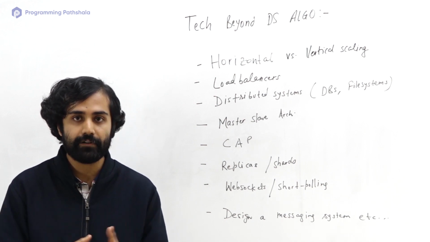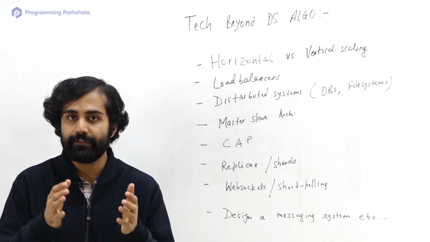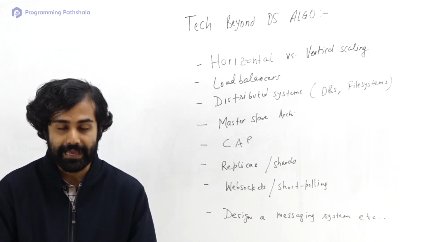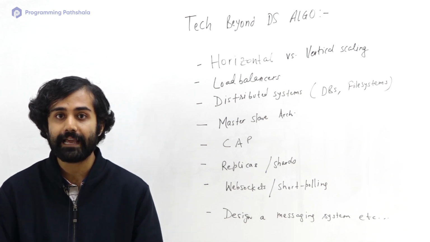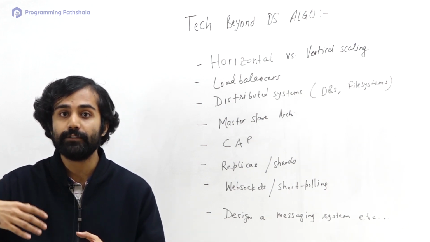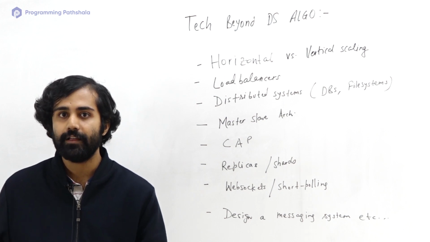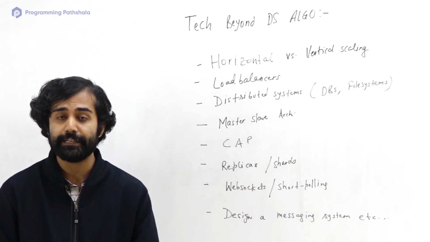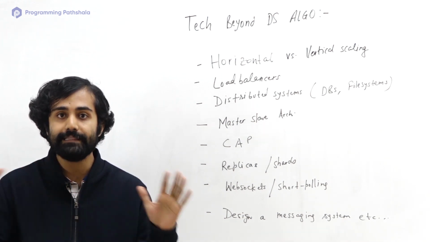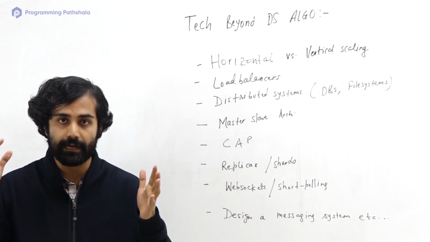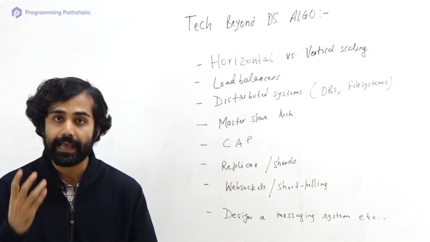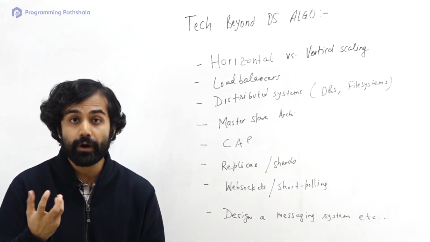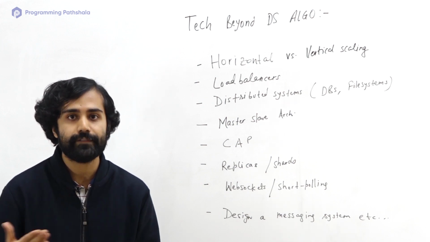So let's say you have a web application. That web application will be composed of multiple systems or servers. You might have a load balancer, then different application servers, and different database servers as well. Now how does the communication take place? What are the different networking protocols that are out there? All these things combined together are called high level system design. So let's walk through some of the important concepts of it, which all of us must know.